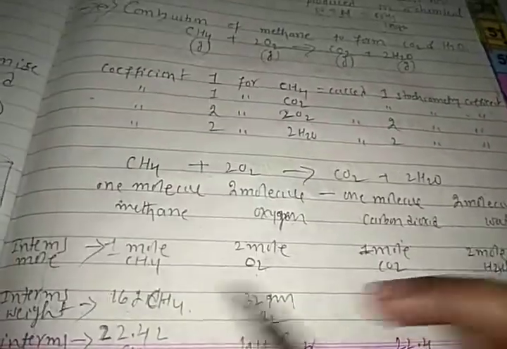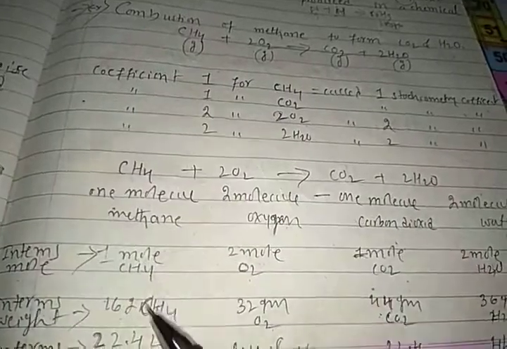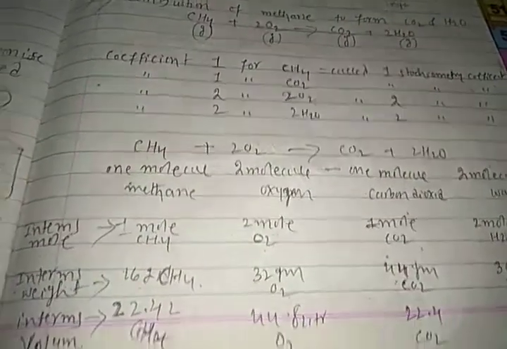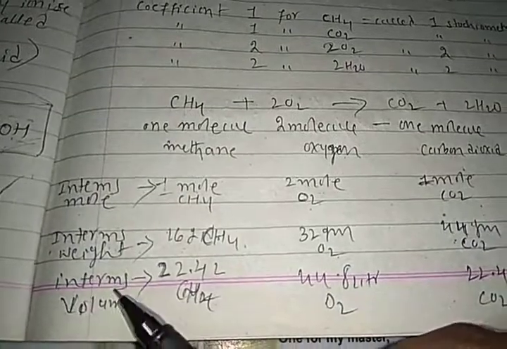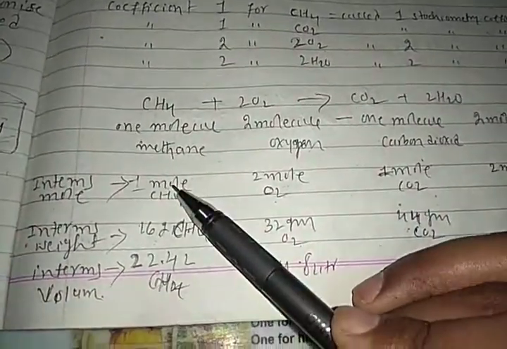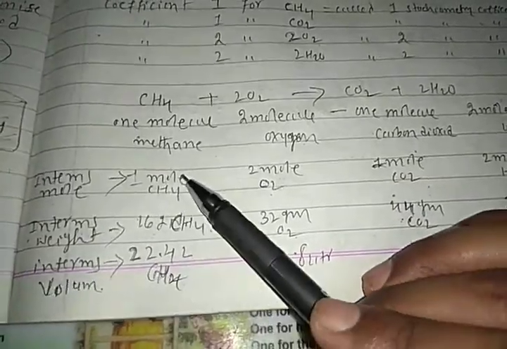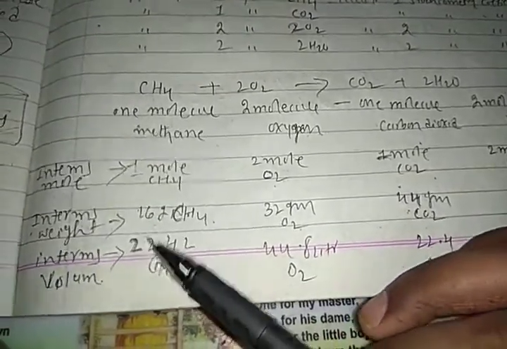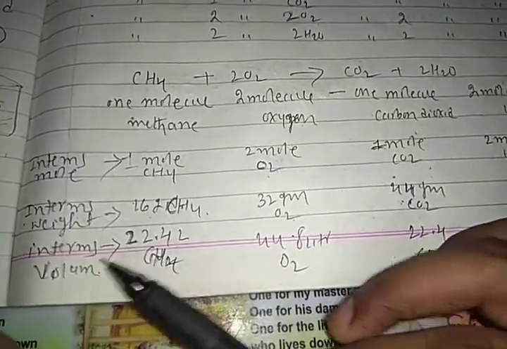Right, so this is like this. So in terms of molecules, we have converted into moles and grams. One more method is there, in terms of volume. So can we convert in terms of volume, students? Yes, of course, we have to convert in terms of volume. 1 mole means 16 gram in terms of weight. In terms of volume, 1 mole becomes